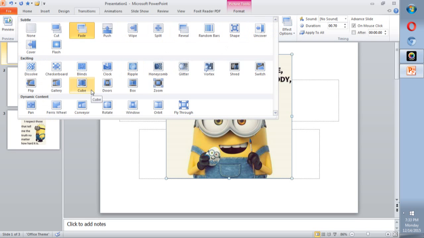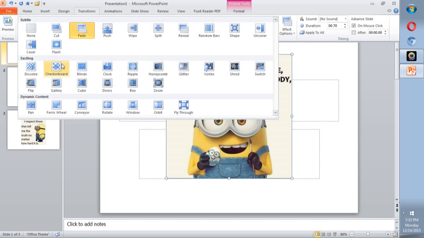Transitions are divided into three different categories depending on the type of effect. The first is the subtle, and the second category is followed by the exciting.